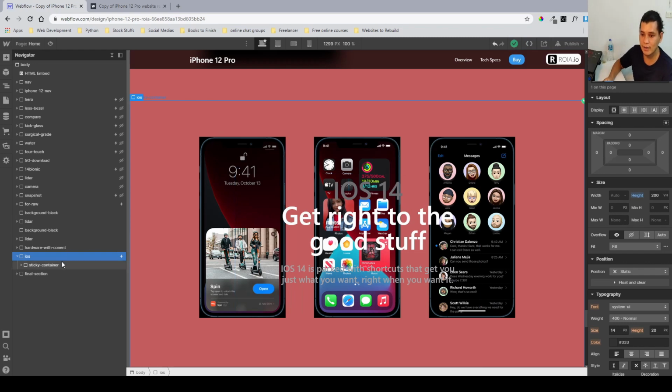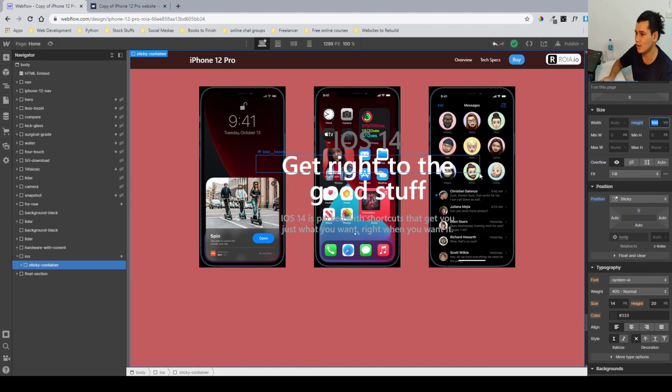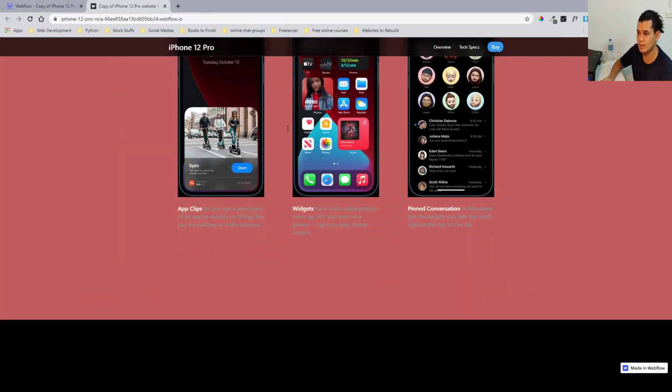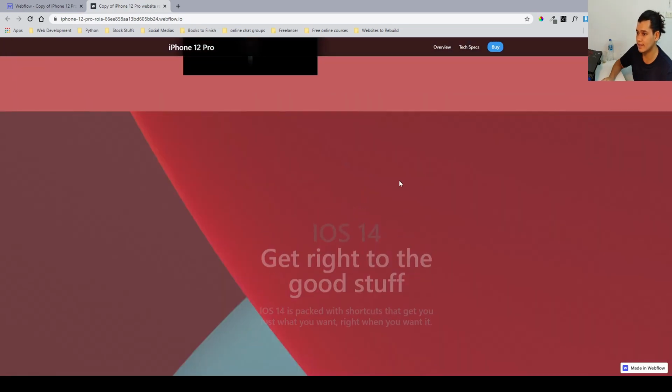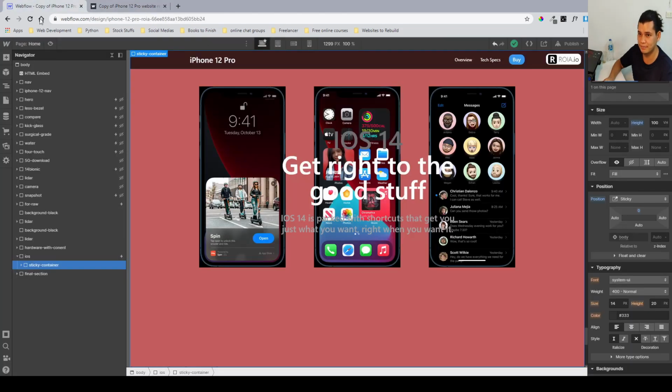Okay, we have iOS. We have actually 200 viewport height for it, and nothing else. Then we have the sticky container. So the sticky container has 100 viewport height. So we have actually 100 viewport height extra for scroll. So that's why we can scroll this one, but this background just stays stationary because of the sticky container. The parent has 200 and the sticky container has 100, and its sticky container is relative to the